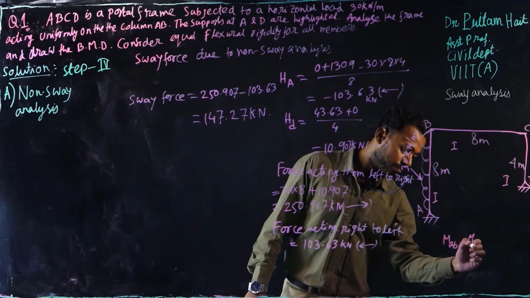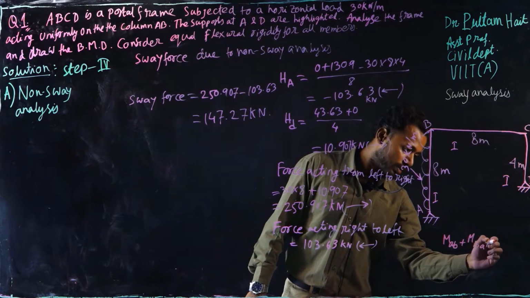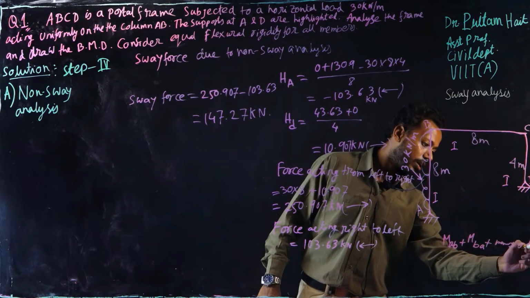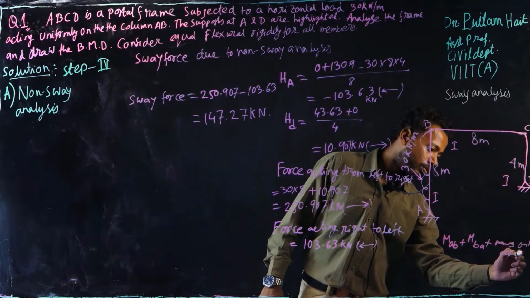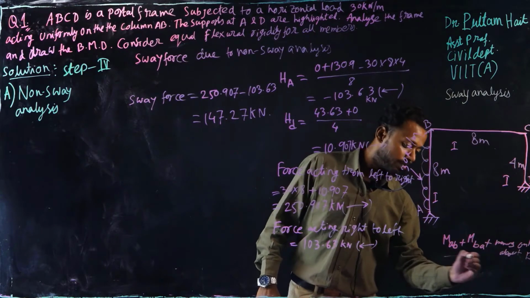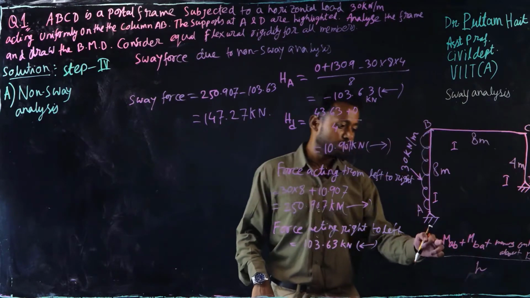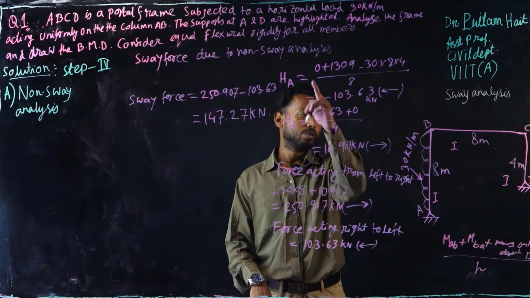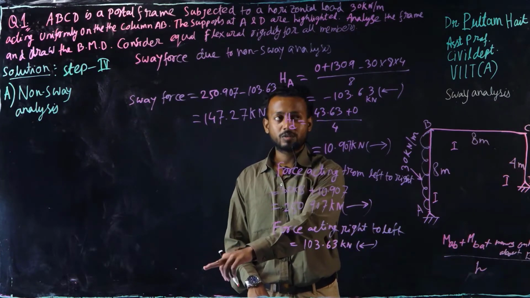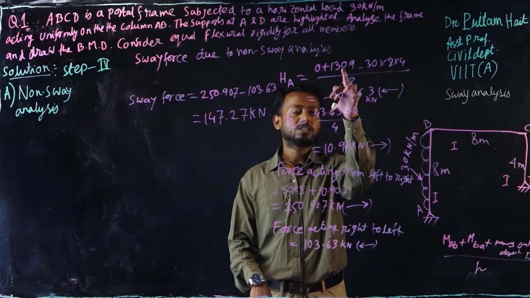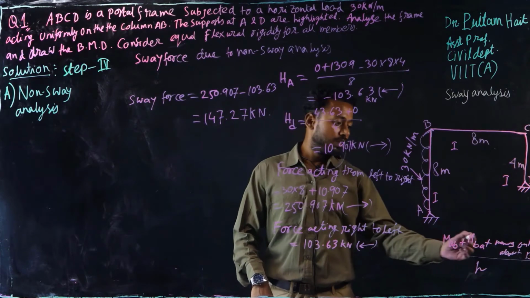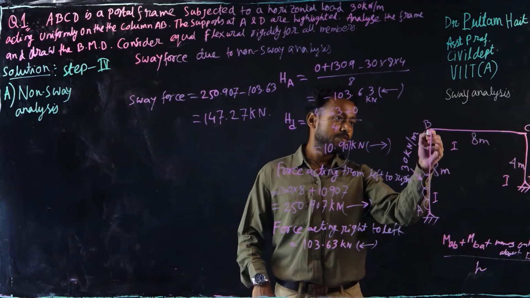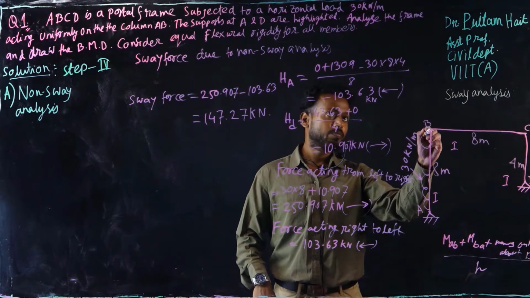MAB plus MBA plus moment of forces on AB about B divided by height. So MAB we calculated in that moment distribution table as 0. MBA we calculated in the moment distribution table as plus 130.9, plus moment of forces on AB about B. If you take the moment about B, you will have